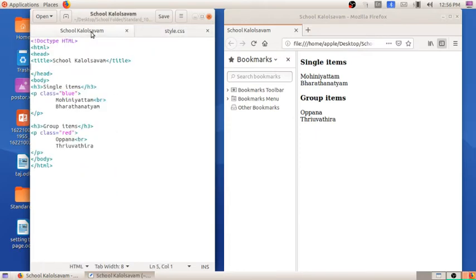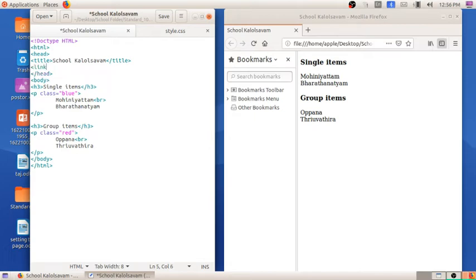This is the School Kalolotsavam, so I am going to do that under the head. I am writing the code link.